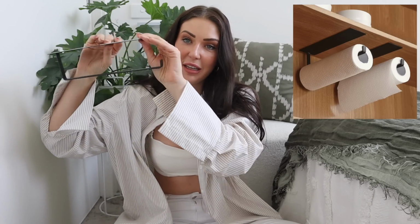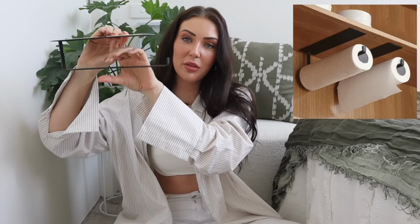I'm actually quite impressed with many of the things that I've picked up so far. The next thing I grabbed is this, which is a hanging paper towel holder. So I guess you hang it in a cabinet like this, and then you're able to slot the paper towel on here. It also yet again came with the proper 3M sticky tape already on it,